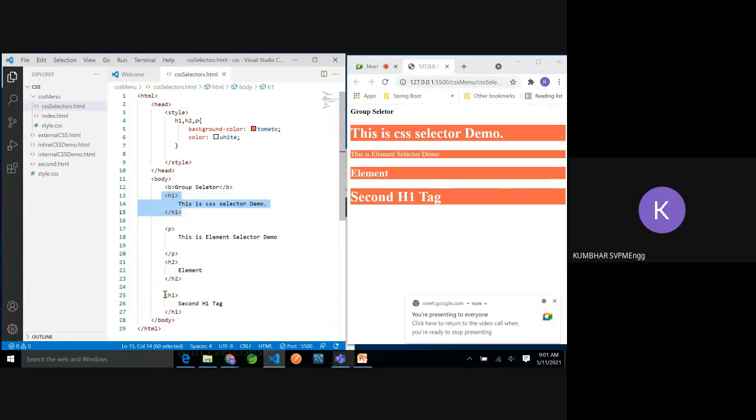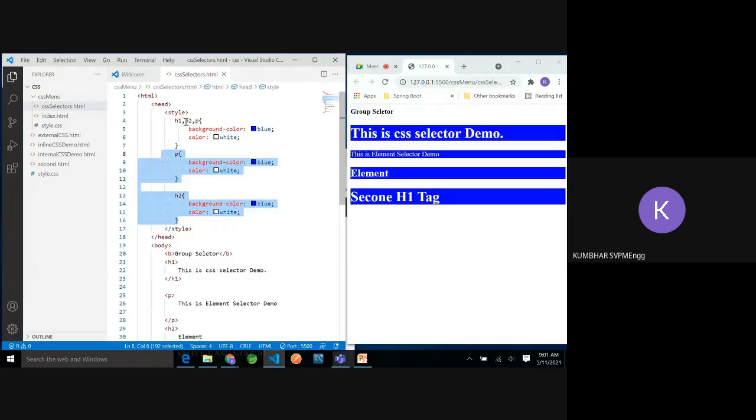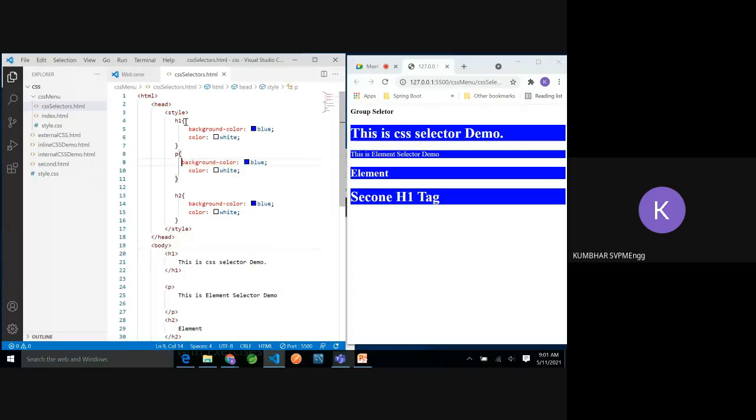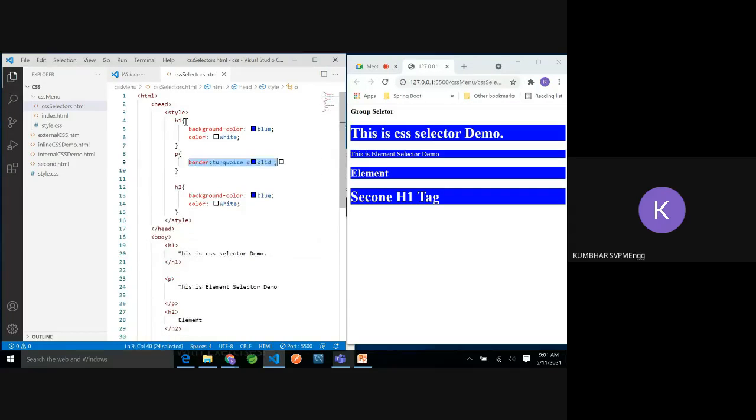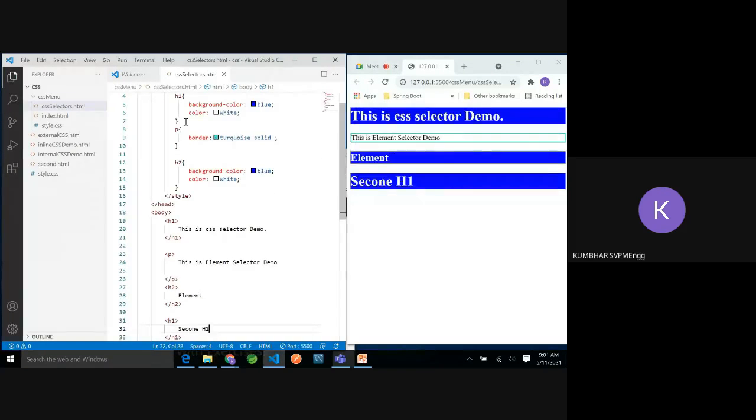Now imagine the situation like here two H1 tags are there, as we have seen. I'm going with this style. Let's say for this paragraph and all these things, styles are different so that you can easily understand.